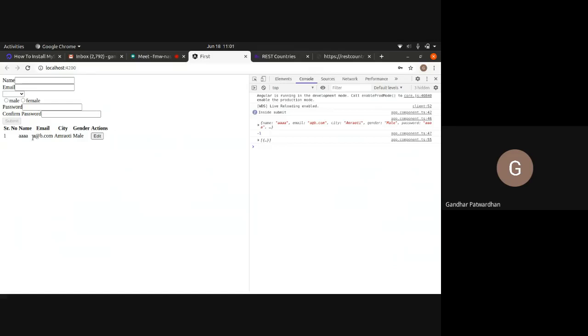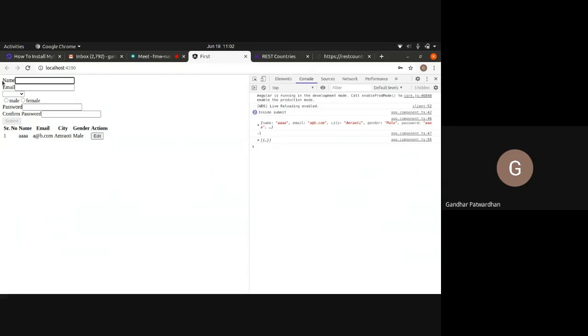Touched and dirty, what is it? Touched means, in ngIf, what do we put? That whether that form is invalid or not, right? So this particular field is always invalid initially because we have not put anything in that field, right?